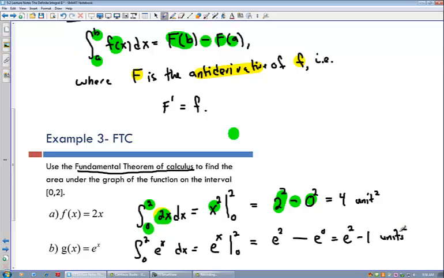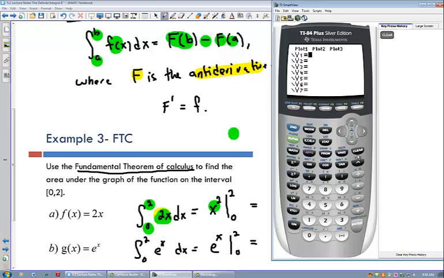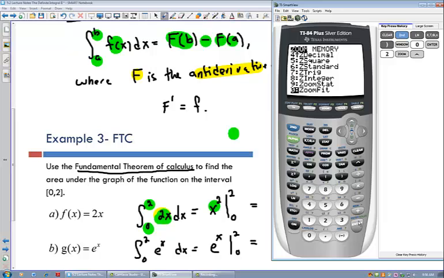I can also check my answer on my calculator. If you have your calculator, let's just check it real fast because it's not hard to do. So hit y equals, clear out whatever's in there, and graph second ln, which pulls up the e to the, and put an x there. My window is going to go from 0 to 2, and you zoom fit it. And so there's a graph of my function. Now remember, this is a definite integral, so I say integral, you say area, so it's trying to find the area underneath this curve from 0 to 2. So you hit second trace, go down to the integral of f of x dx, hit enter,